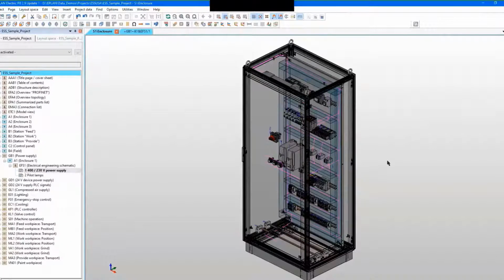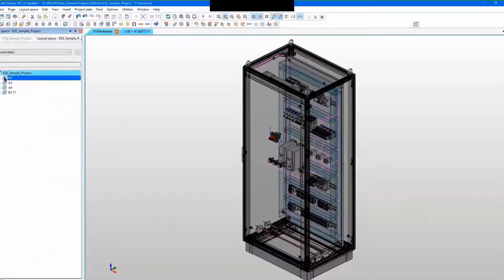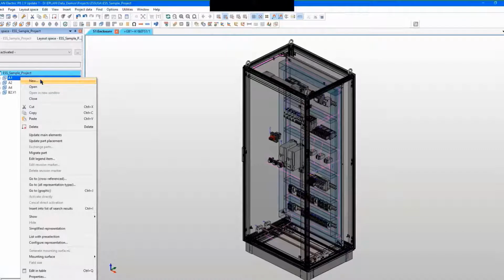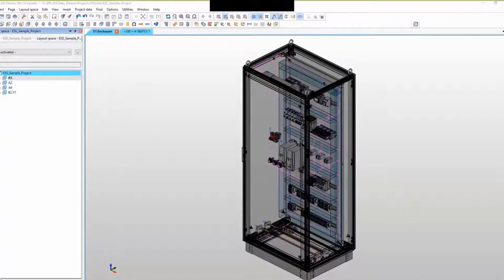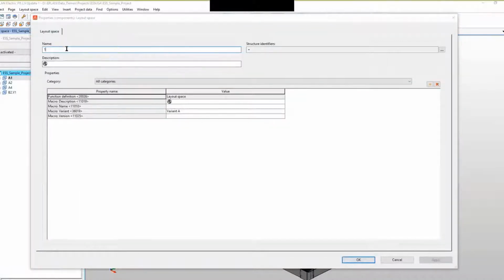But to do that, first we've got to start somewhere, and we've got to start typically with a control panel. So let me demonstrate how we might add a control panel. We do this in the layout space area. So I'm going to create a new layout space. I just right-click in the layout space navigator, and it pops up a dialog where I name the layout space. I'm just going to call it demo, and I get to pick